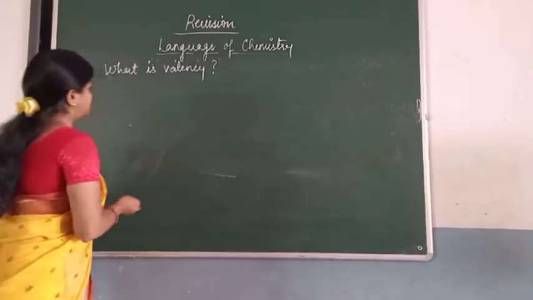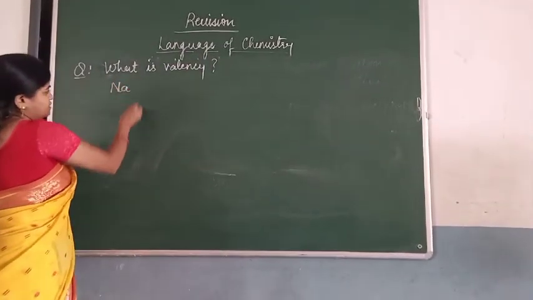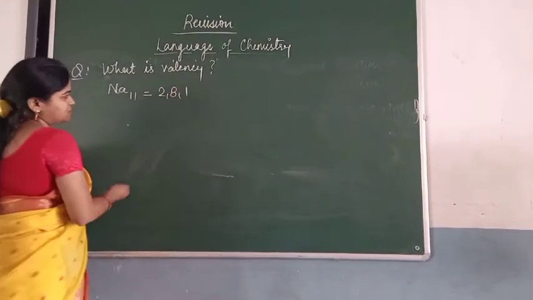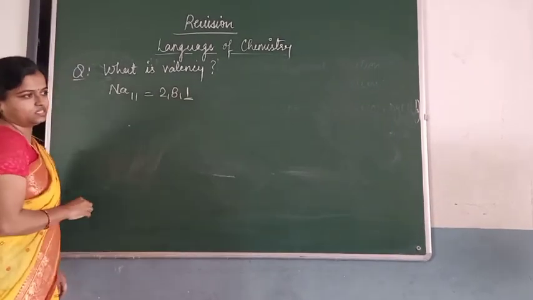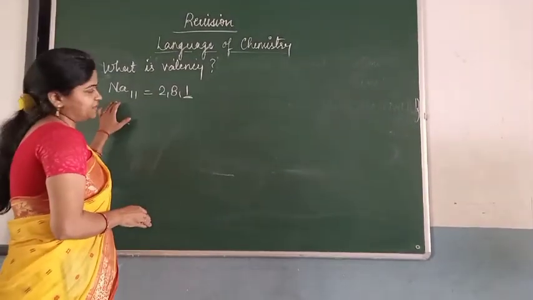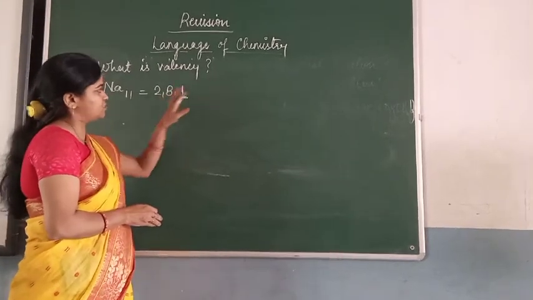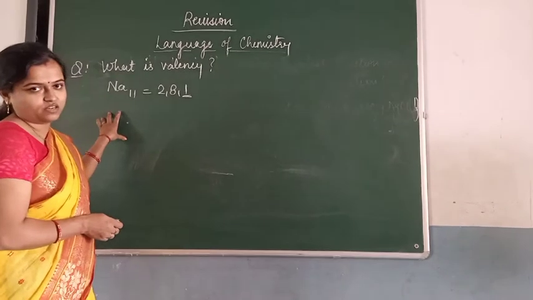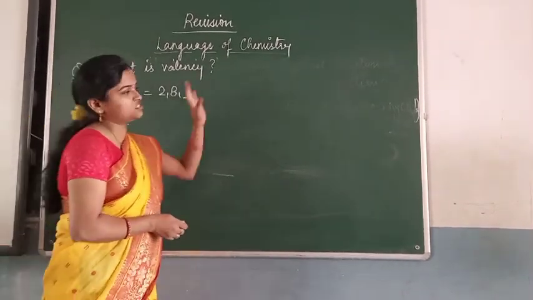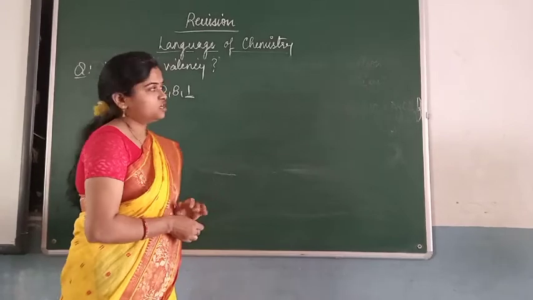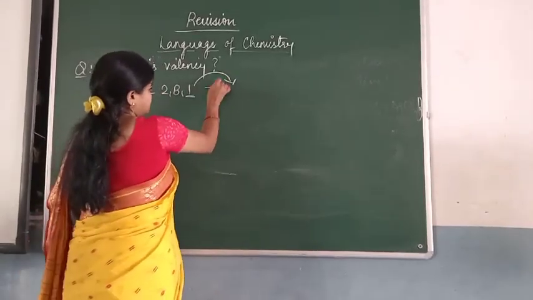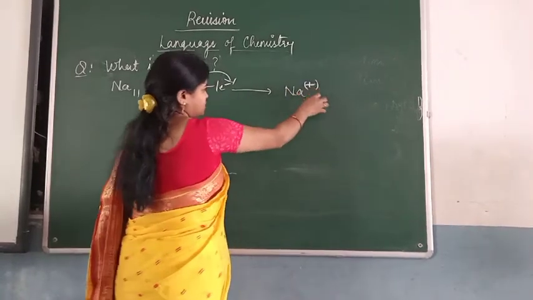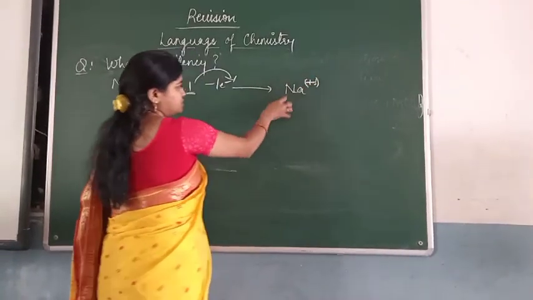If you take a simple element, that is sodium, which has atomic number 11, when you write its configuration, see, the last shell has one electron. It means this element, when it gives away this electron and attains the nearest noble gas configuration, will be stable, and the amount of charge donated will be the valency. So if it gives one electron, it acquires a sodium plus 1 charge. So this plus 1 will be the valency of sodium.